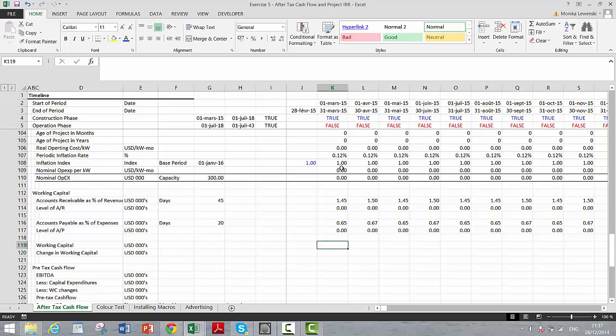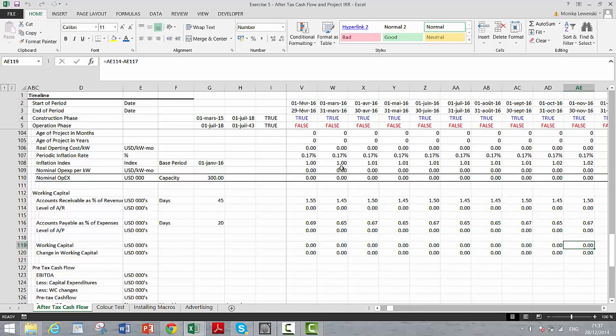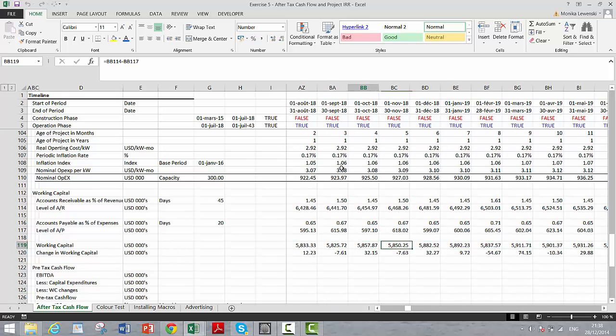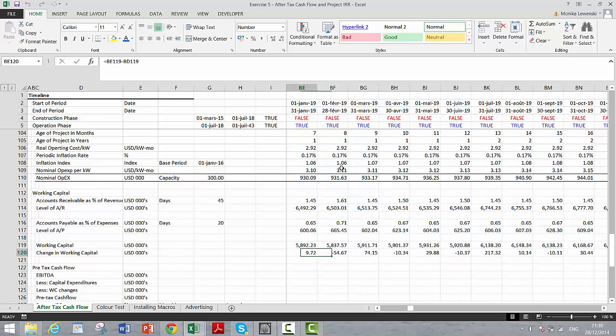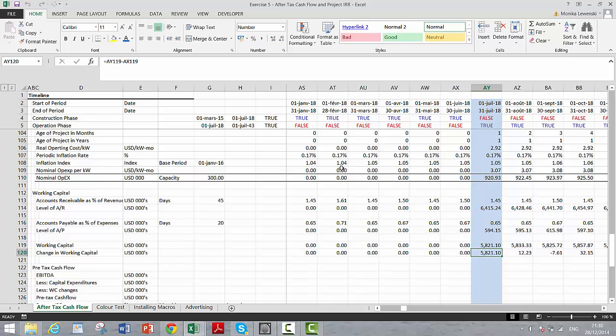Okay, so let's take our accounts receivable minus our accounts payable, and then let's take this level minus the prior level, and we'll have our working capital balance modeled. And as you notice, we get a big change in the very first year, and then the change is very small after this. We better finance this somehow. This is part of